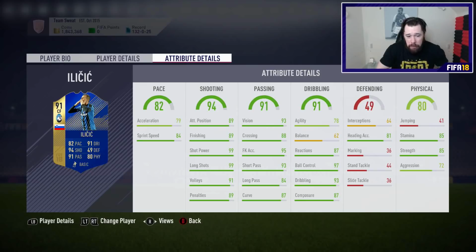There are definitely better out there, but for 100,000 coins, listen, if you guys are on a budget, if you guys are thinking to yourself, what can I get for 100k for a sick CAM, who can I get? This is it. This is the guy that you pick up for 100k and you just destroy people with, because he has got perfect long shots, great finishing and